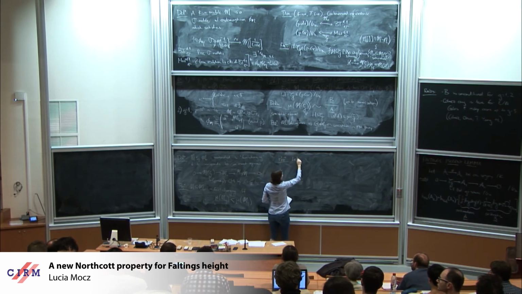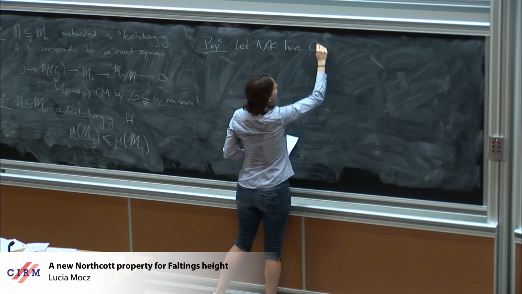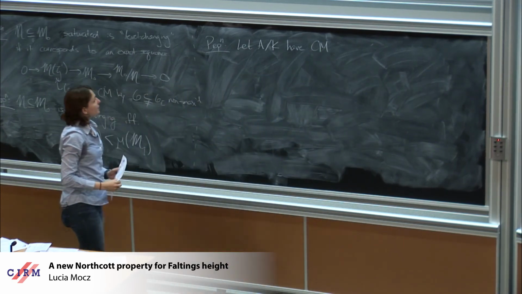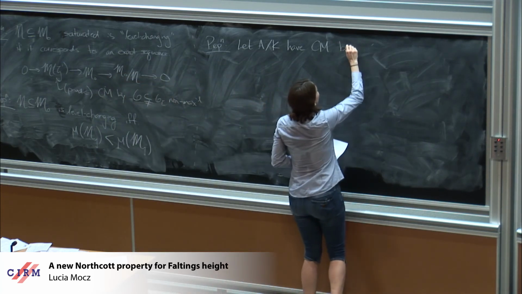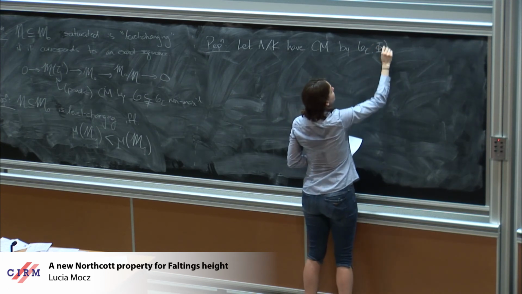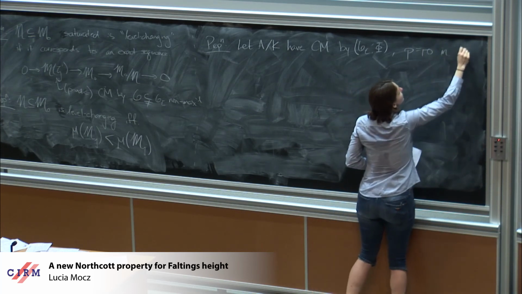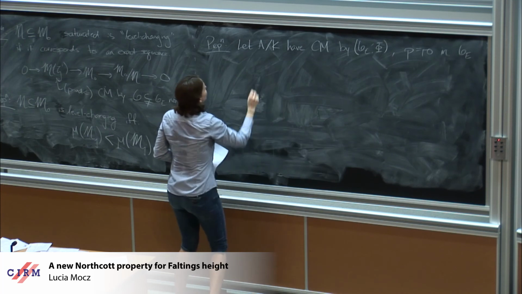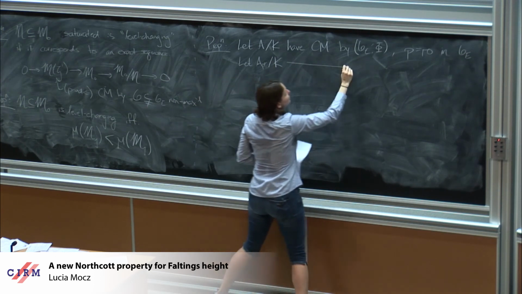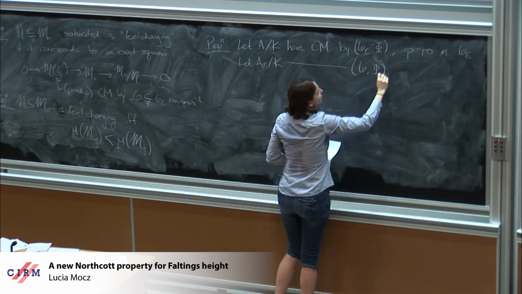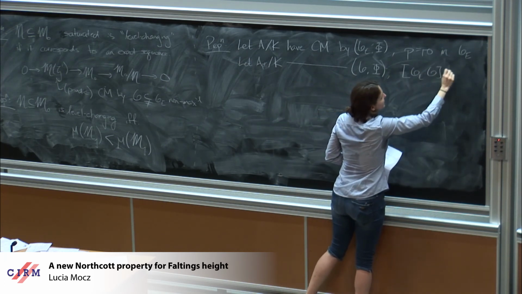So if we let A over K have CM, and I guess this proposition is going to be stated in the global form on abelian varieties. So if we let A over K have CM by O_E, phi, and we assume that p is inert in O_E, and we let A_p^r over K have CM by O, phi, where here O is assumed to be a non-maximal order with index equal to p^r,